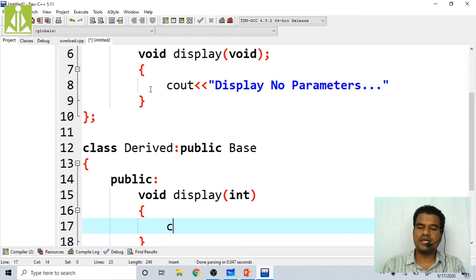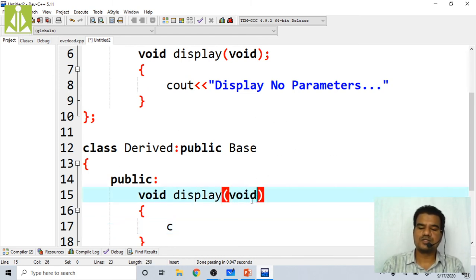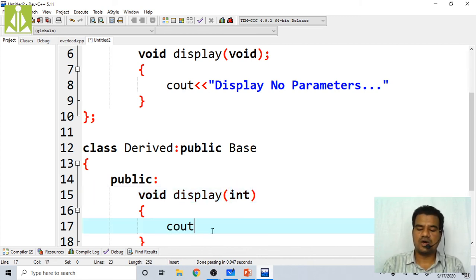If you take void over here, that is the concept of method overriding. If you take void also here, that is method overriding, function overriding. Overriding we already completed, so no need to discuss that once again. But if I take some different parameter over here, it will become function overloading between the classes, which we have to discuss. So cout of display